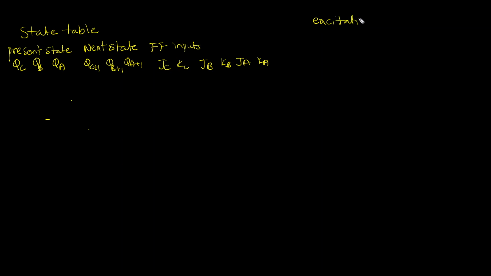Excitation table for JK: Q of t, Q of t plus 1, J and K. The rows are 0 0, 0 1, 1 0, 1 1. For 0 0, J is 0 and K is don't care. For 0 1, J is 1 and K is don't care. For 1 0, J is don't care and K is 1. For 1 1, J is don't care and K is 0. This is the excitation table. We use it to get JC, KC, JB, KB, JA, KA,